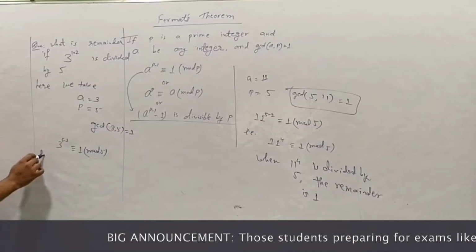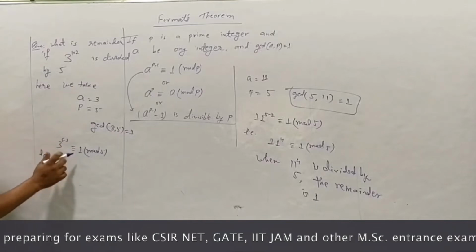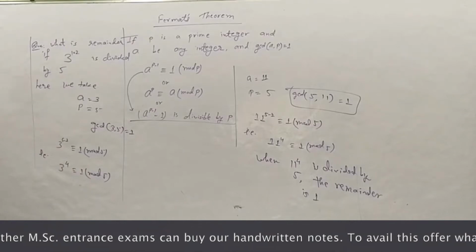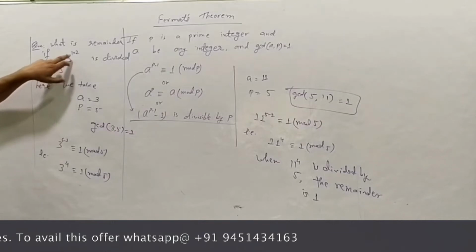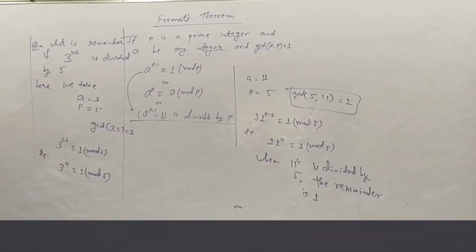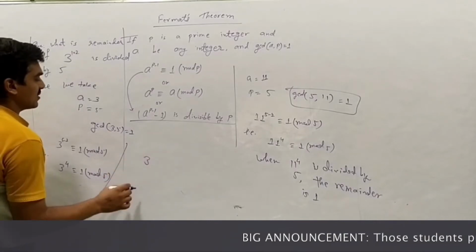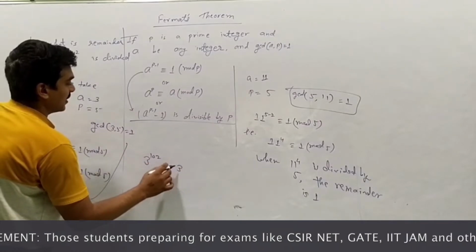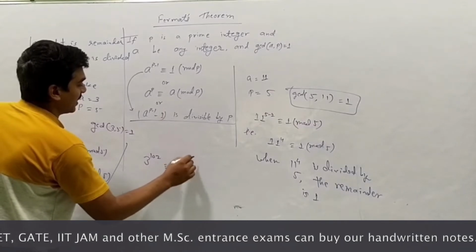That is, 3 raised to the power 5 minus 1, that is 4, is congruent to 1 modulo 5. Now we have to get from this condition to this condition. We need 3 raised to the power 102, and we have only 3 raised to the power 4. So now we see that 3 raised to the power 102 can be written as 3 raised to the power 4 raised to the power 25,